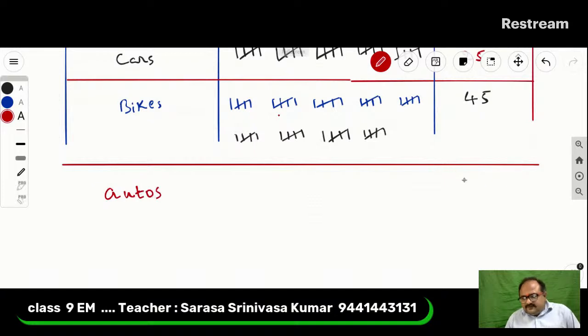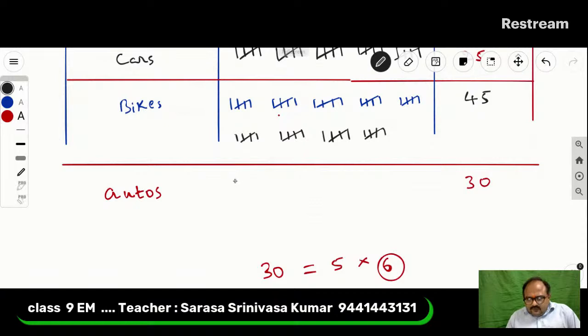Autos, its frequency is 30. So how do you write 30? 30 is equal to 5 multiplied by 6. So we should write 6 blocks of